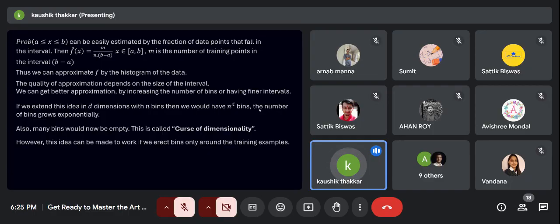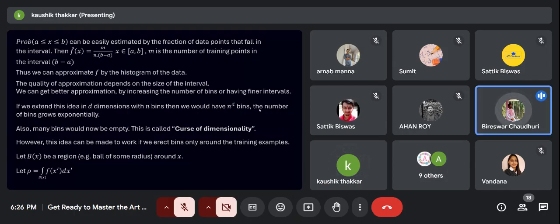However, there is a solution to this. We can make this idea work if we erect bins only around training examples. So let's define a region Bx, that is a ball of some radius around x. And the radius is basically a hyperparameter that can be tuned. So let it be some arbitrary number r, and now we will go